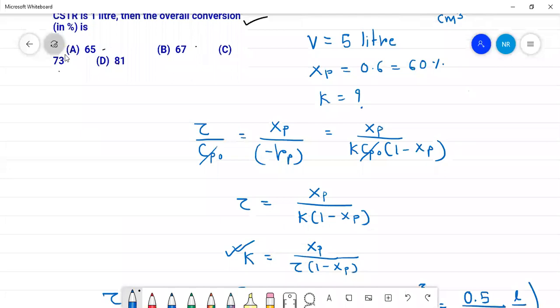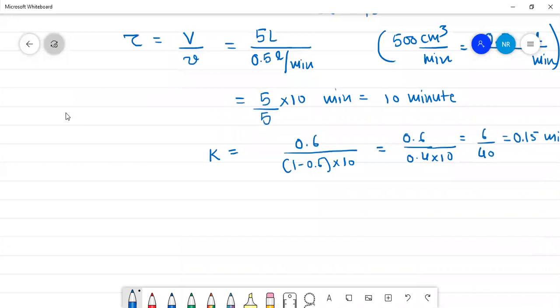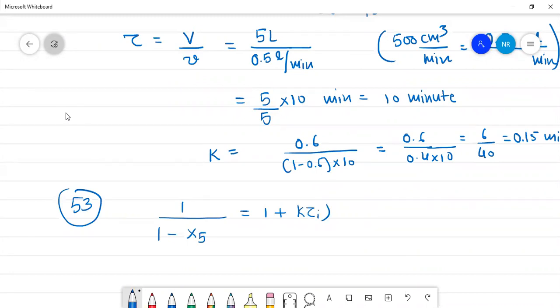So we have one equation, 1 divided by 1 minus X5, because 5 CSTR, is 1 plus k tau raised to 5. Then ultimate goal is to find out X5. Now tau will be different, because now volume divided by volumetric flow rate,